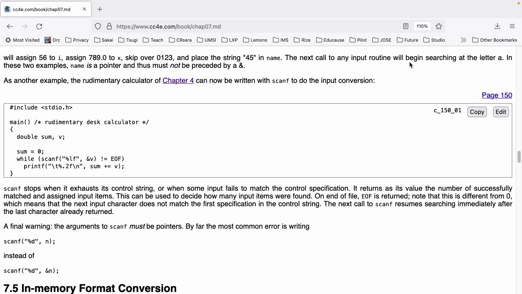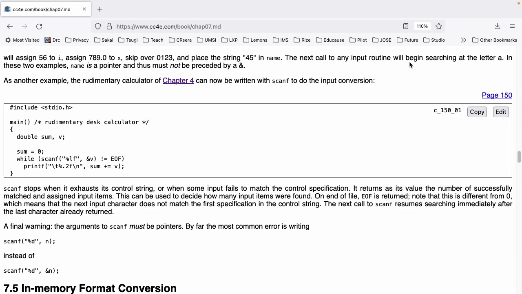This is example code on page 150 of the textbook, which you can see at www.cc4e.com/code. #include <stdio.h> main() { double sum, v; sum = 0; while (scanf("%lf", &v) != EOF) printf("\t%.2f\n", sum += v); }